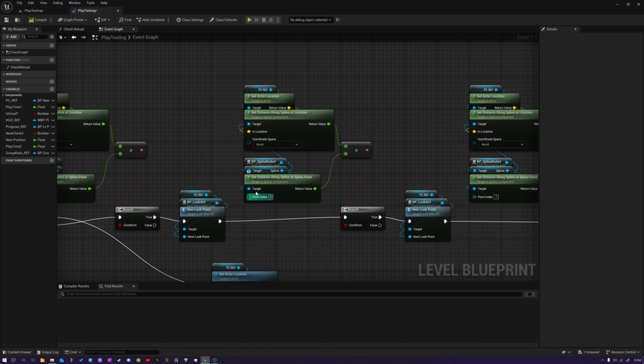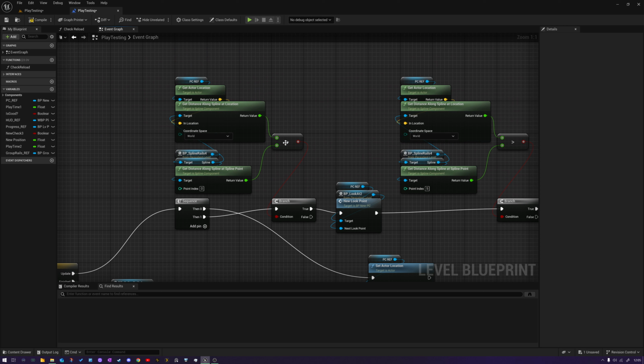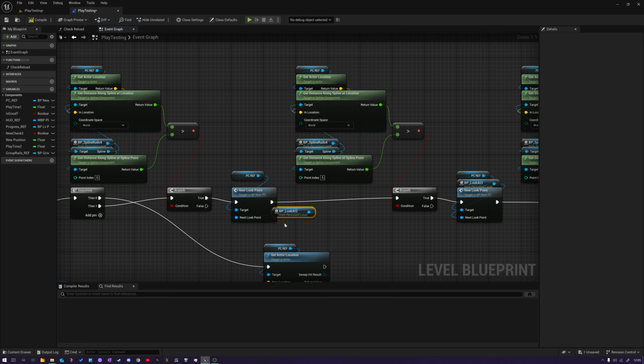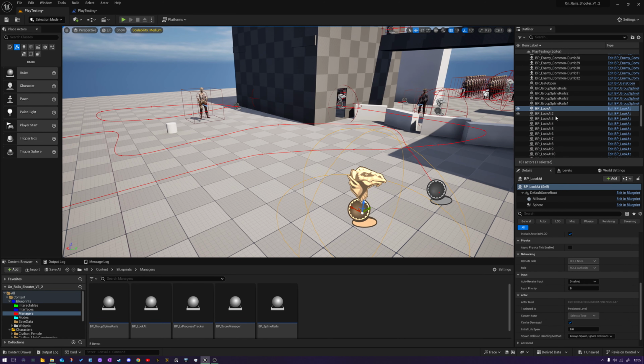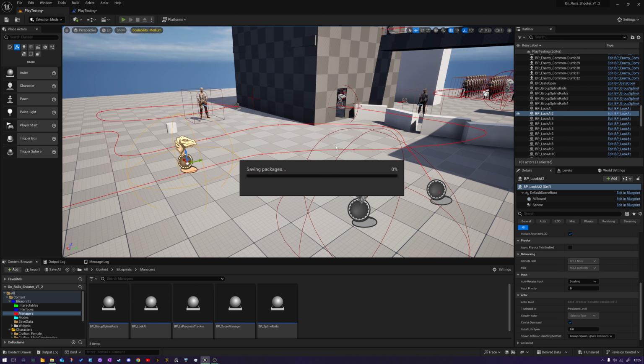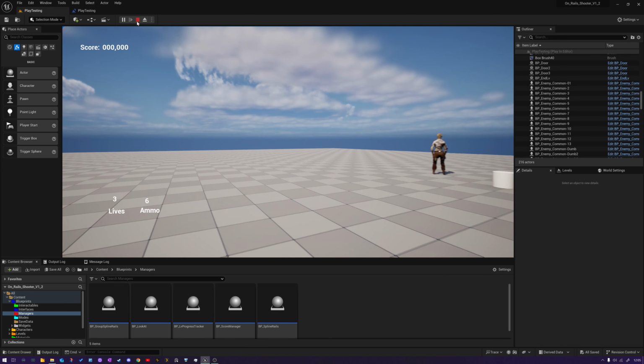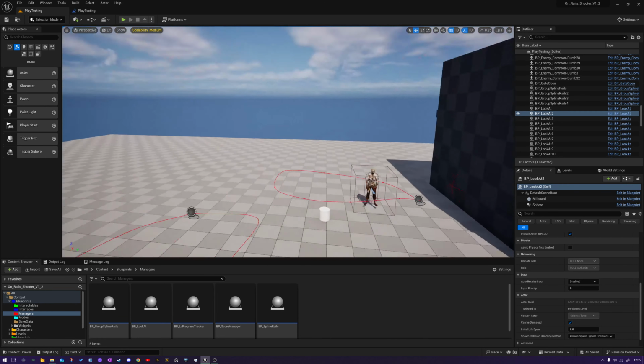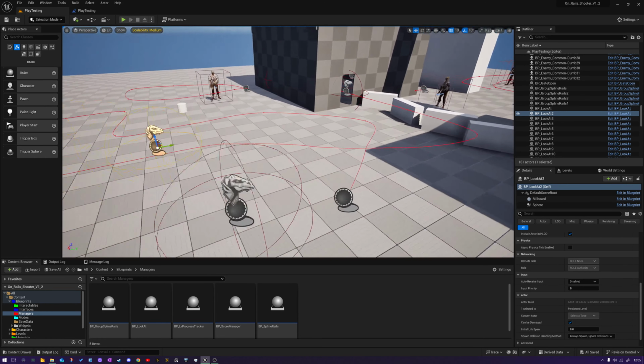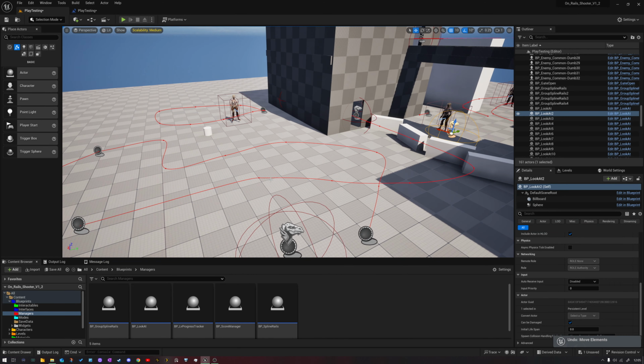Spline point index 5. So if the player has already passed the first spline point, which is 0, which it will do, then it will be looking at this location in the level. So if I move look at 2, and then hit play, it will change where the player camera is focusing. As you can see, there we go, looking behind us, which is not what I want, so I'll put that back. But there's an example of the modularity in this